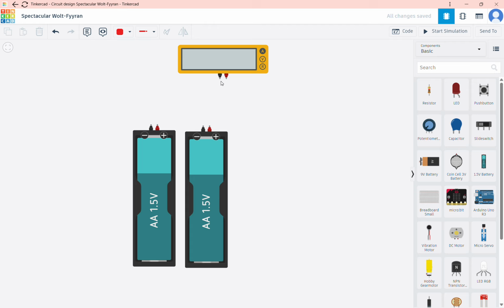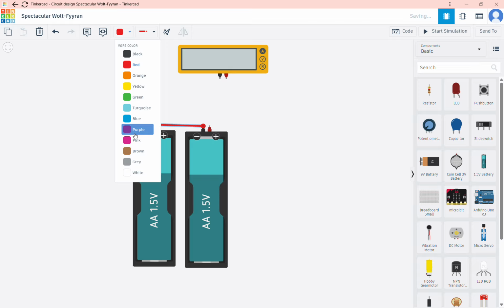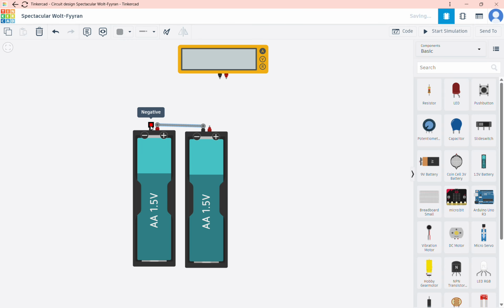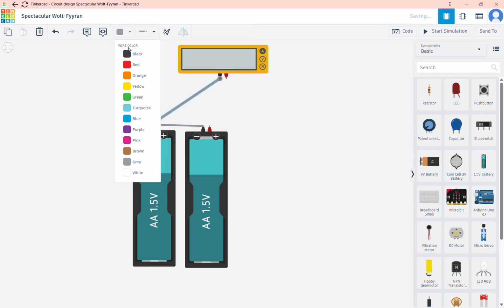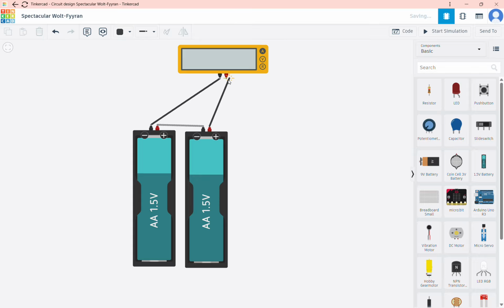So in series, the voltage adds up and the current remains the same. So I'm going to connect, in series we connect the positive to the negative. So this positive connects to the negative. So I can make this color any color of my choice, because it doesn't really have any terminal or polarity. So I can now connect this negative to the negative and change this to black, and connect this positive to this positive,